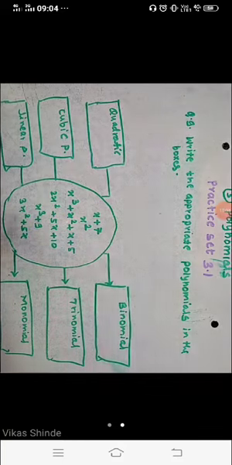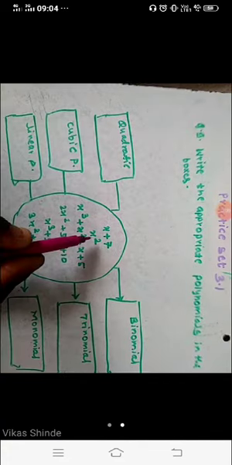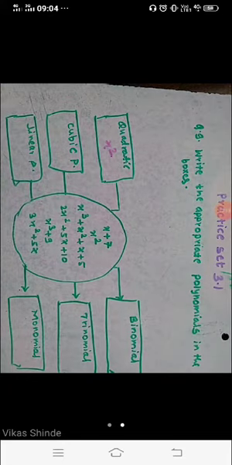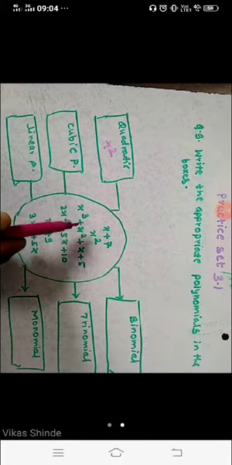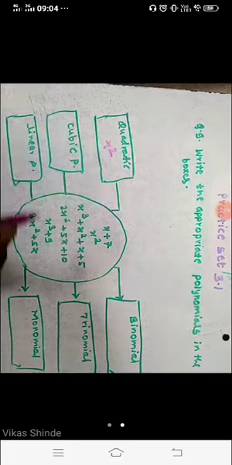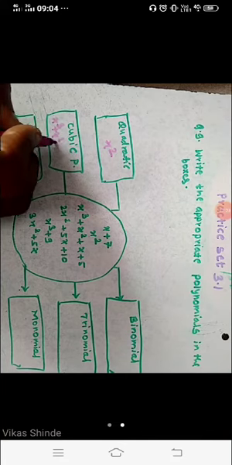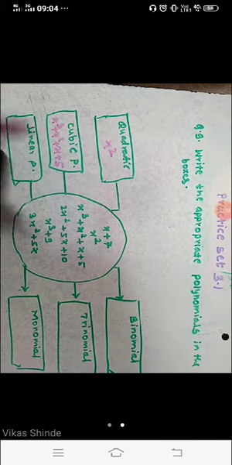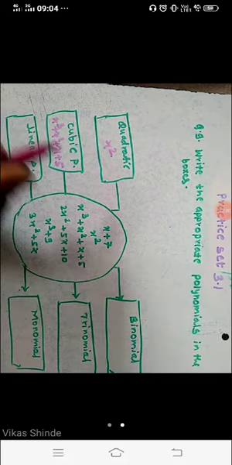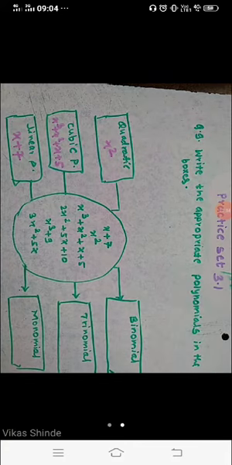We have to write first this side. Quadratic means those having index 2. So here is x square. So I write here, student, x square. This is a quadratic polynomial. Now look here, suppose here is index cube. So I write here in the cubic polynomial x cube plus x square plus x plus 5. Now linear means they have only one index, x plus 7 here. This is a linear polynomial here.